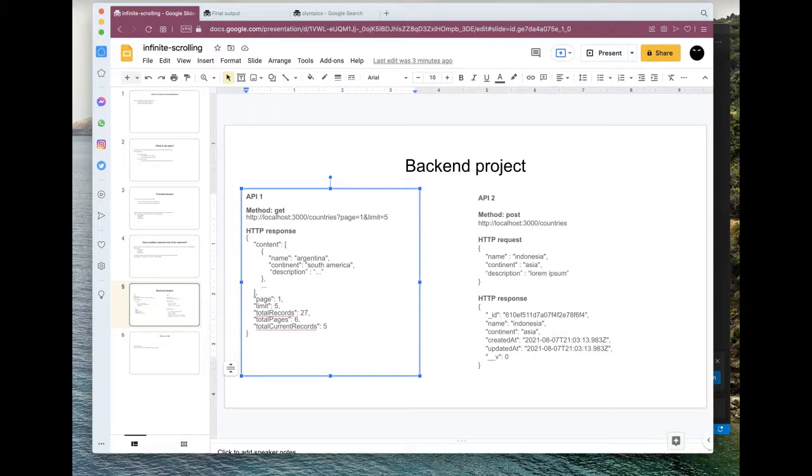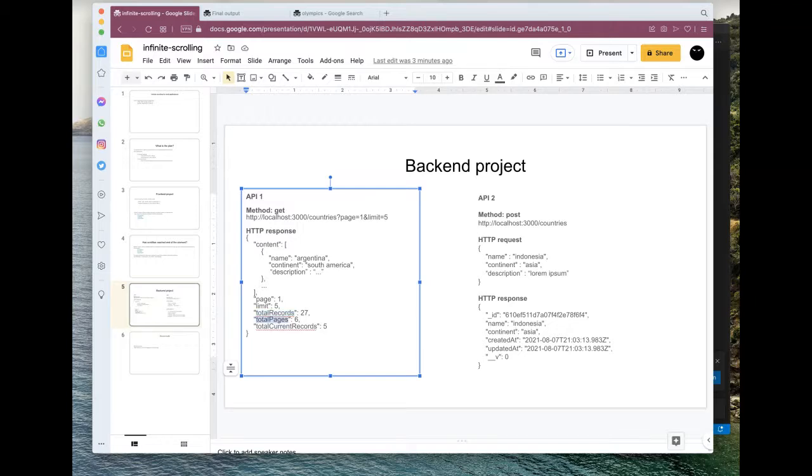The response of this GET method will have these properties: content, page, that is sent in request, limit that is sent in request, and total records of the collection. Total records present for this filter in database, not the page and limit filter, but the entire data set.